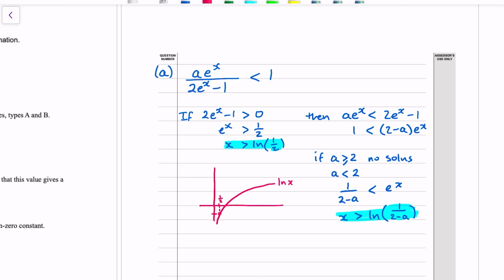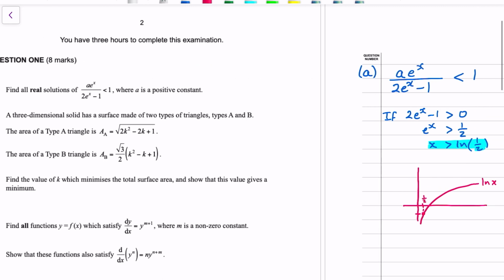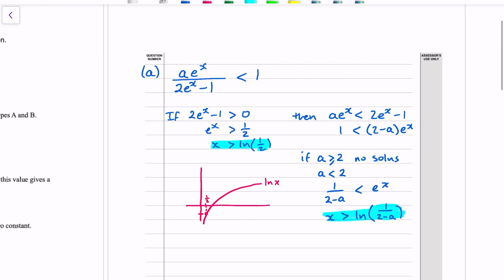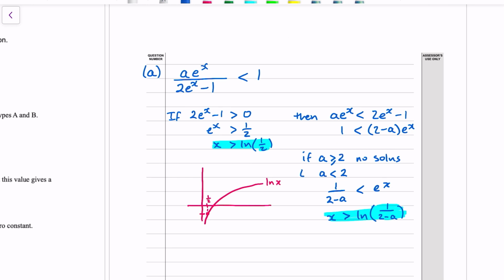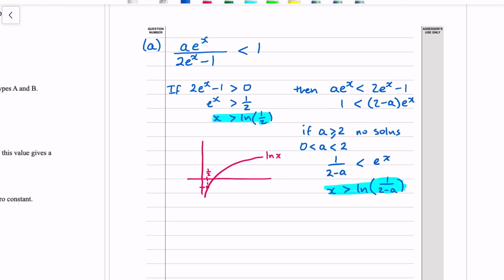So because a is less than 2, did we get told that a was a positive constant? We did. That's helpful. A isn't just less than 2, it is between... What happens if it's negative? If a was a negative constant, would we have a bit of a problem? I'll think about that in a sec, but I think it means that the inequality doesn't work. Okay, so if a is between 0 and 2, then